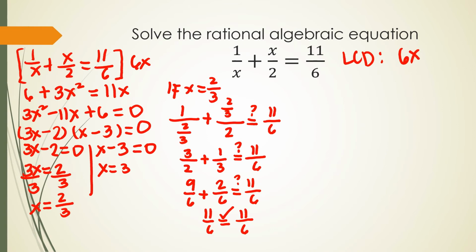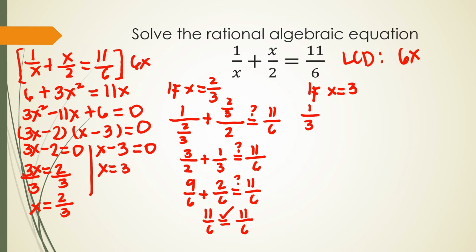Okay? So, meaning 2/3 satisfies the equation, or the rational algebraic equation, 1 over x plus x over 2 is equal to 11 over 6. How about if x is 3? So, let us substitute again. So, if x is equal to 3, okay? So, we have here